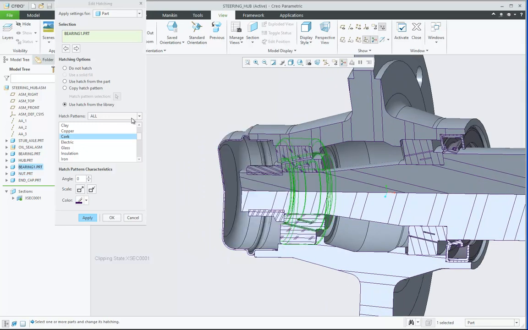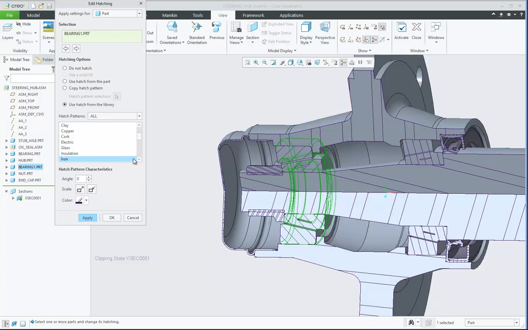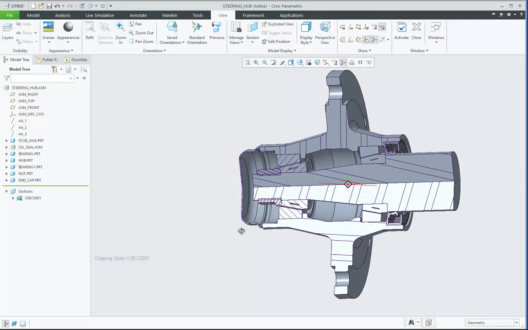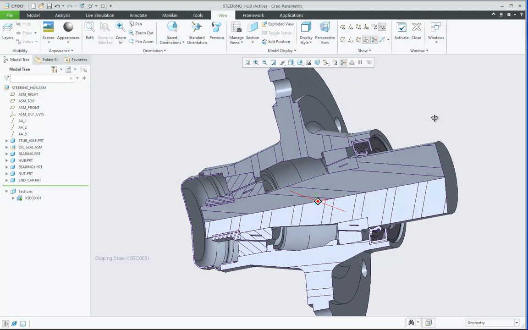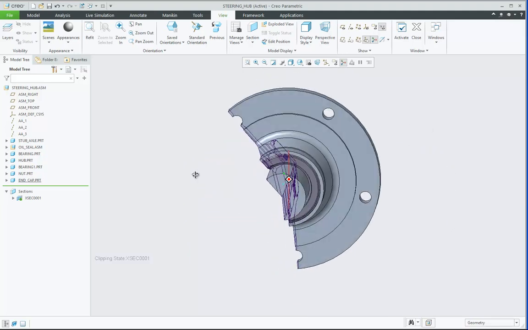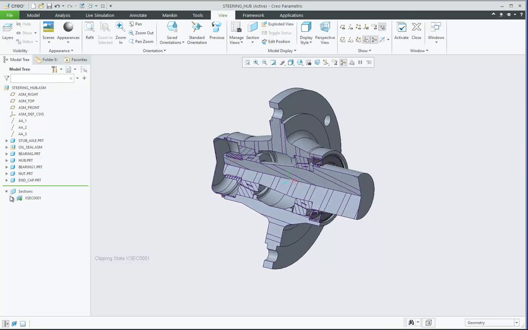Similarly for this part. Okay, so we can see that now for all the parts a different hatch pattern has been applied, and due to which the offset section is showing like this.